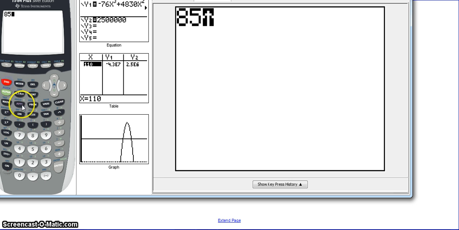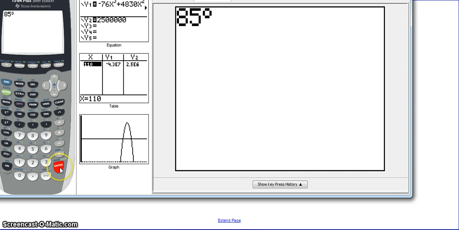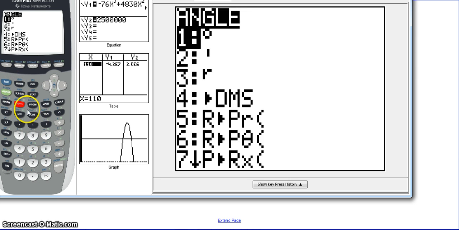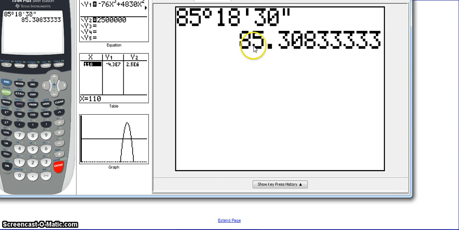and then we do second angle, and then again the first choice is degree, and 18 minutes, so we do 18, second angle, the second choice is minutes, and then we do 30 seconds, so 30, and then alpha, and then this is what I was talking about above the plus sign, you see the little quotations, that's the seconds symbol. So now we have 85 degrees, 18 minutes, 30 seconds. We hit enter, and that's how I got the